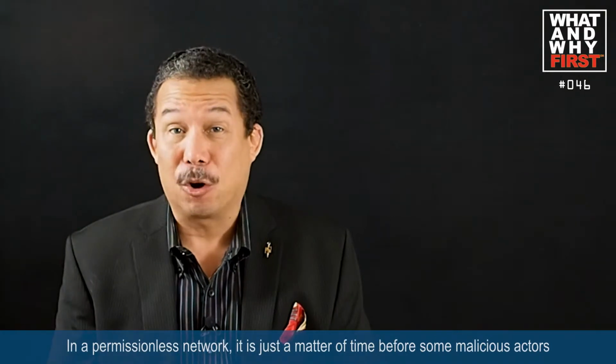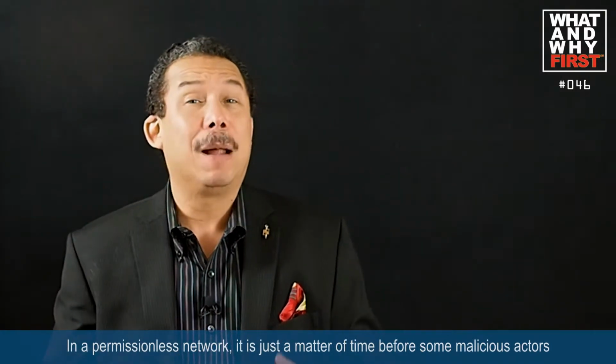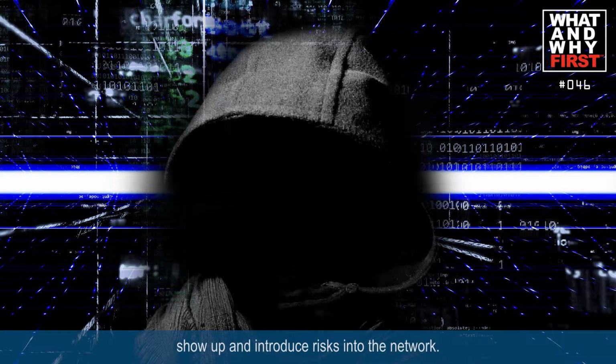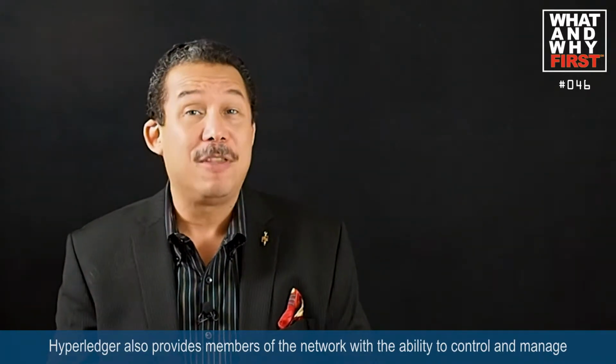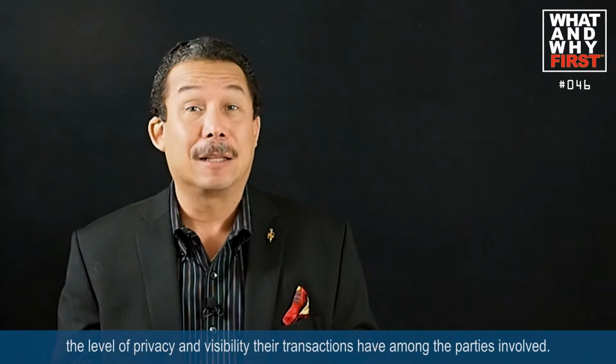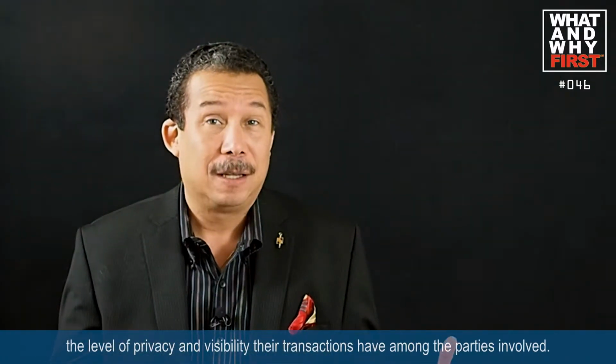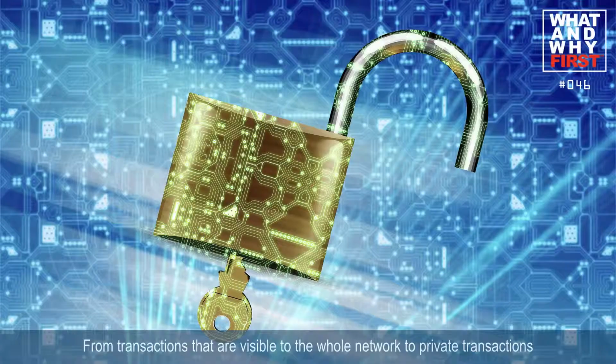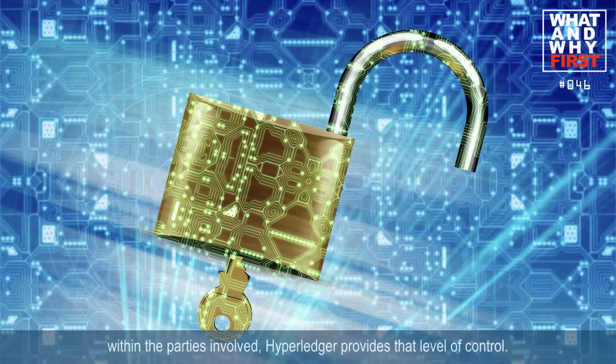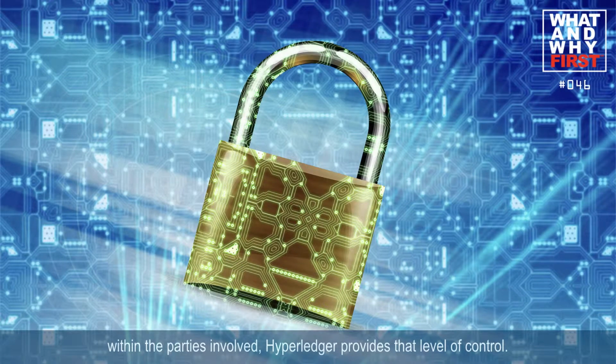In a permissionless network, it is just a matter of time before some malicious actors show up and introduce risks into the network. By enforcing known users, authentication, and identity management, Hyperledger reduces the security risks associated with unknown malicious actors. Hyperledger also provides members of the network with the ability to control and manage the level of privacy and visibility their transactions have among the parties involved. From transactions that are visible to the whole network to private transactions within the parties involved, Hyperledger provides that level